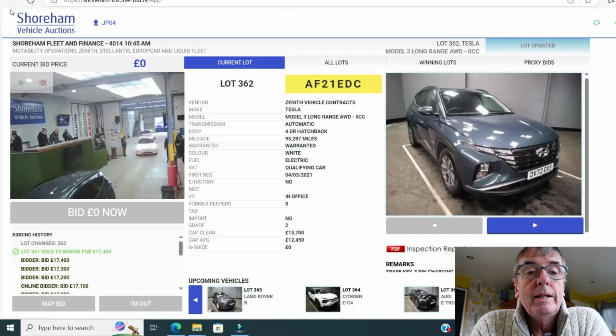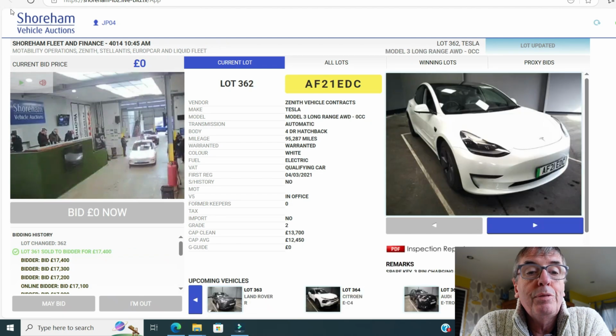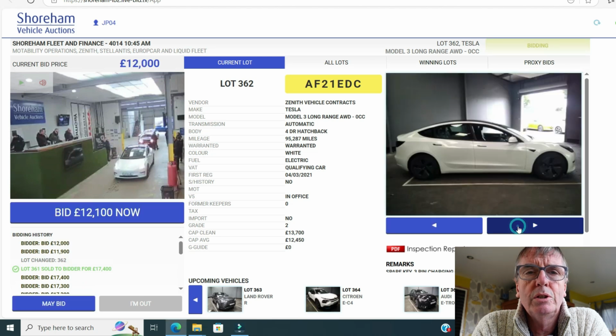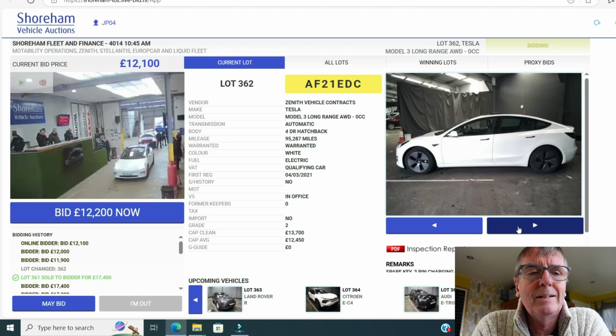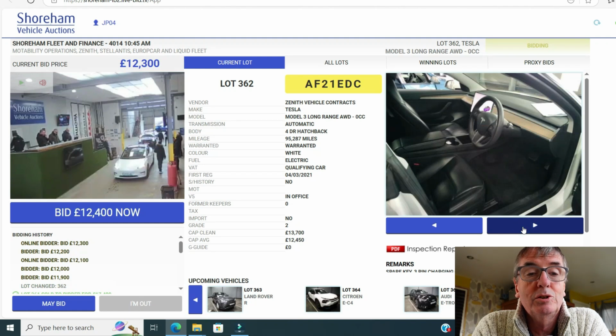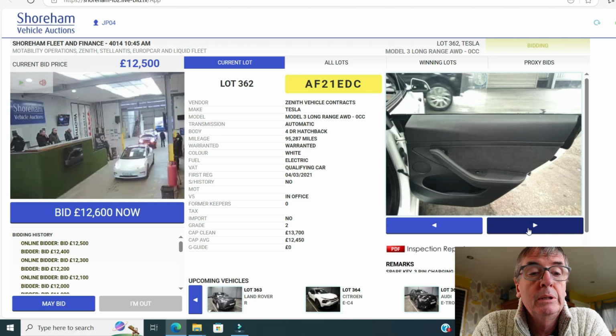Another Model 3 long range. 95,000 miles on a 21 plate. So this is Shanghai built. RSVEV, Richard Simons has just bought a 213,000 mile ex-taxi Model 3 in blue. He said in his video it drives like something that's done 50,000 miles. So these wear the miles really well, folks. Grade 2,